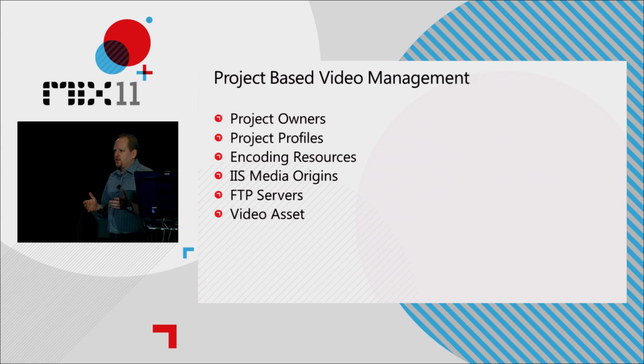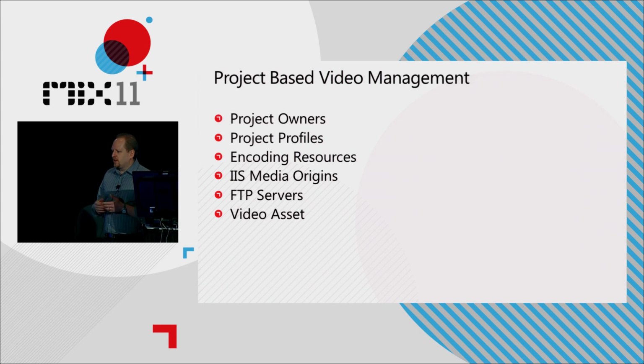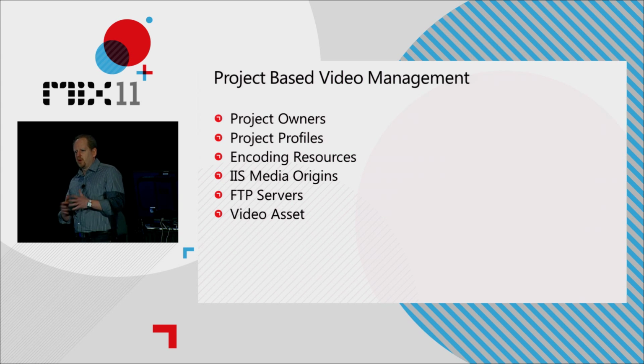So the project owners, you can actually say, okay, I've got different people within the organization, and I want to assign them different roles. It could be that they are the person who actually runs the whole Content Manager system, in which case they're kind of like super user and they get to do everything. But it could be that I have someone who's in charge of just a single project, and I want to be able to give them the ability to go and add assets to the project, approve assets, and actually publish the assets out publicly. So when I go through, I create a new video asset, someone's then got to go and QA it, make sure it's okay, before it then gets published so that everyone else, all the end users,